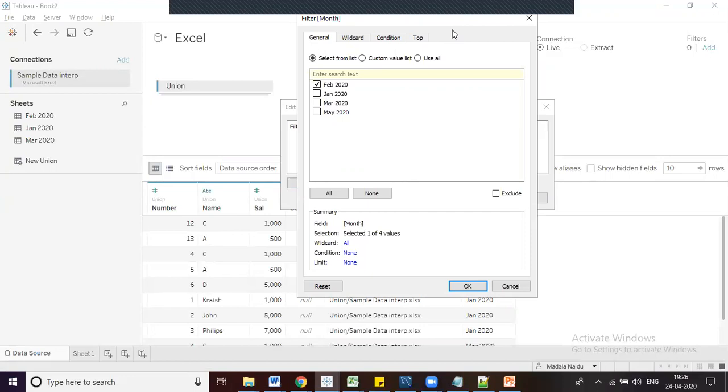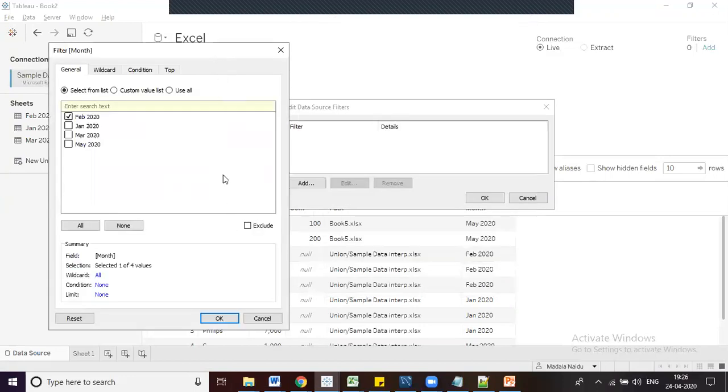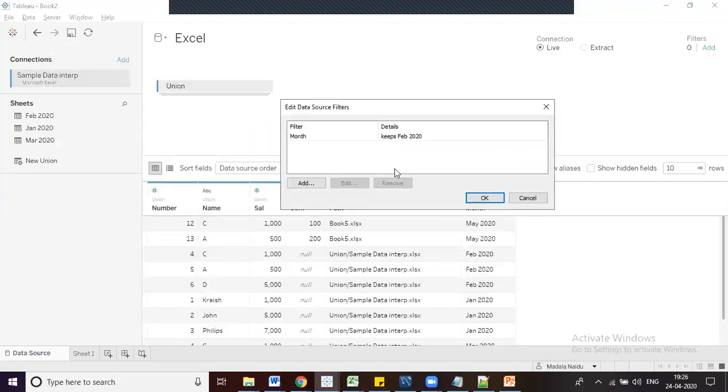I have selected February and I am clicking on OK. Now you can see in the details it keeps February data, meaning it is going to keep only February data. It is not going to keep the other months.